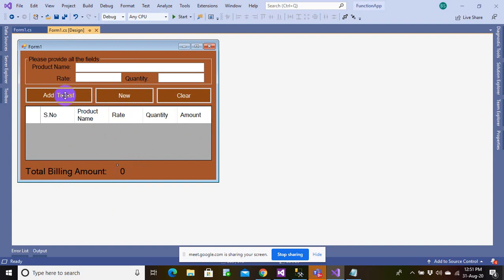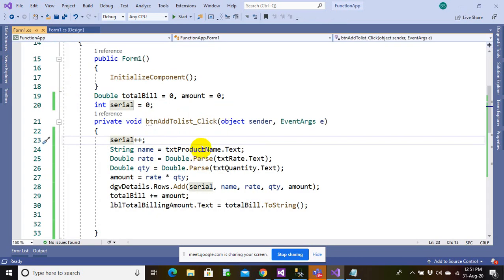Whenever I do add to list, what should happen? There should be serial number 0, and whenever I click a button, this serial number value should be increased by 1. I am reading a product name, the rate, the quantity, and calculating the amount, and under that data grid view I am adding all those values. For example, if I am doing dgv details dot rows dot add, this will create a row with serial which is 1 now, because initially it was 0.